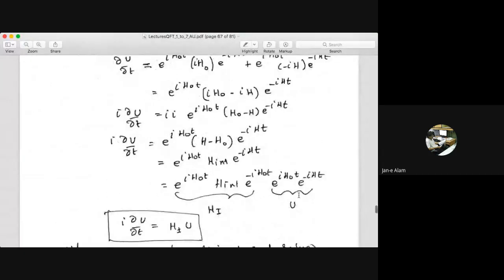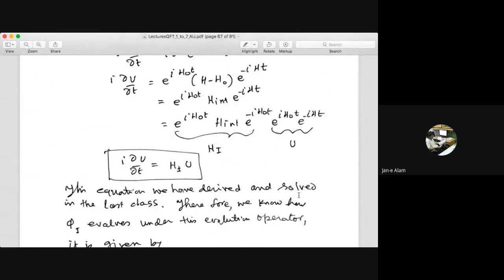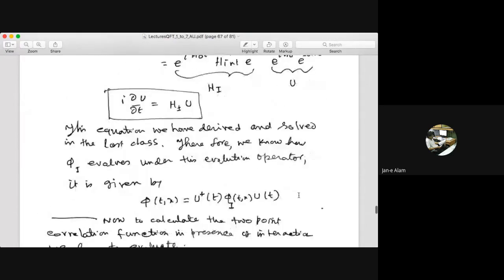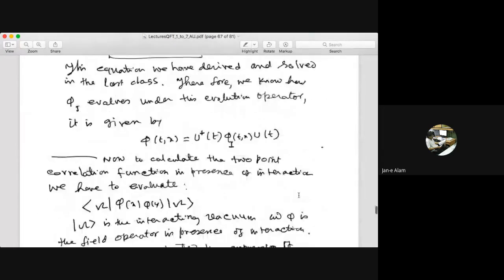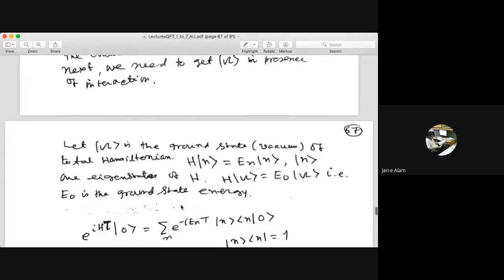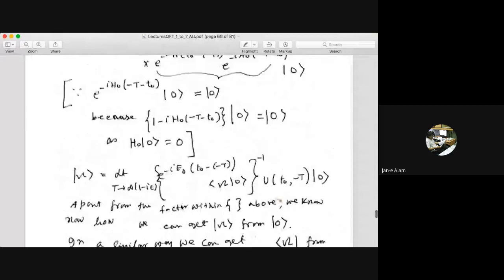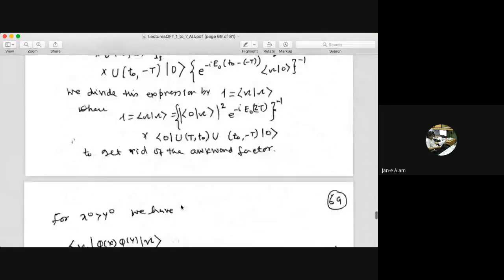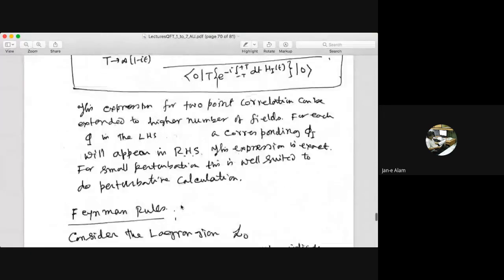Here I have done some mathematical exercise where I have shown that when you introduce the interactions, there are 2 places where there will be changes. One is that this interaction will change the field phi itself, and the other is that the vacuum will change. So when we write 0 as a vacuum, this omega is the interacting vacuum. I'll come back to this, but today I don't want to bore you too much with the mathematics. Let us first discuss the origin of the Feynman diagrams, how it comes into the picture.